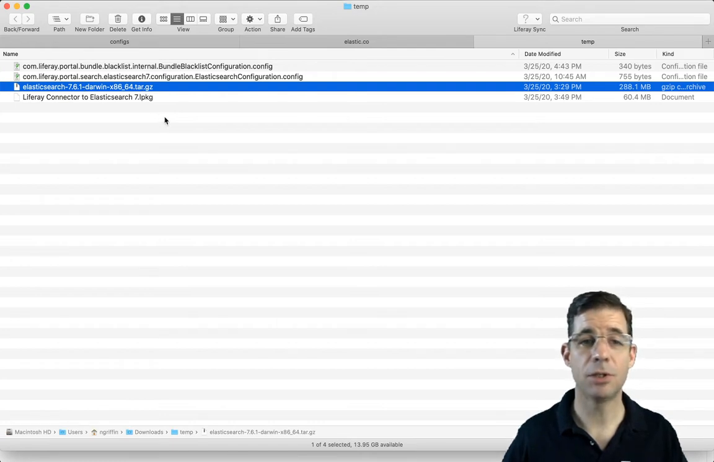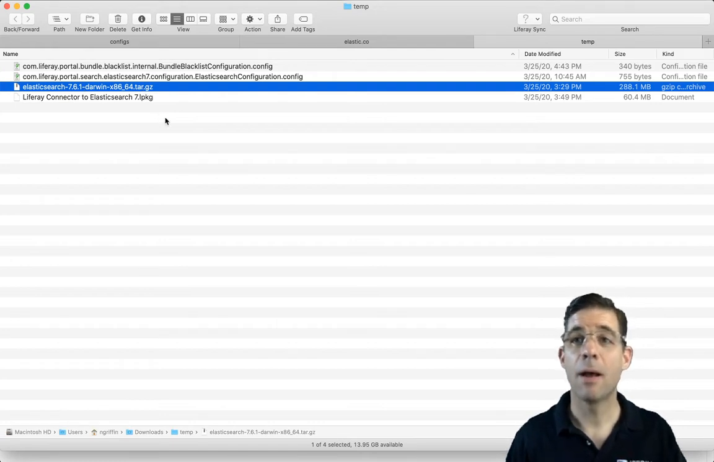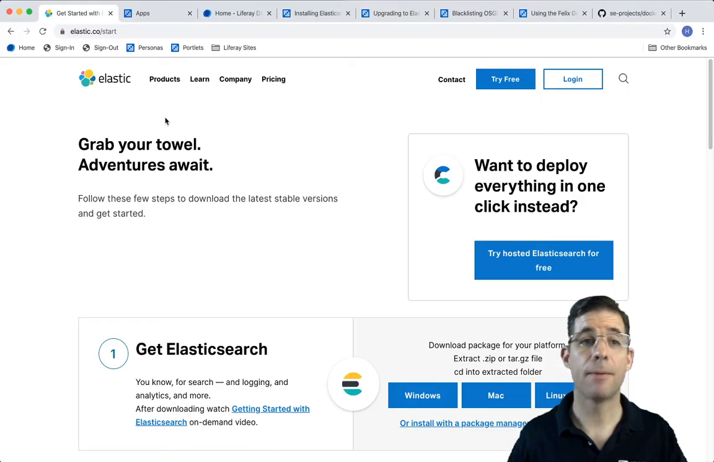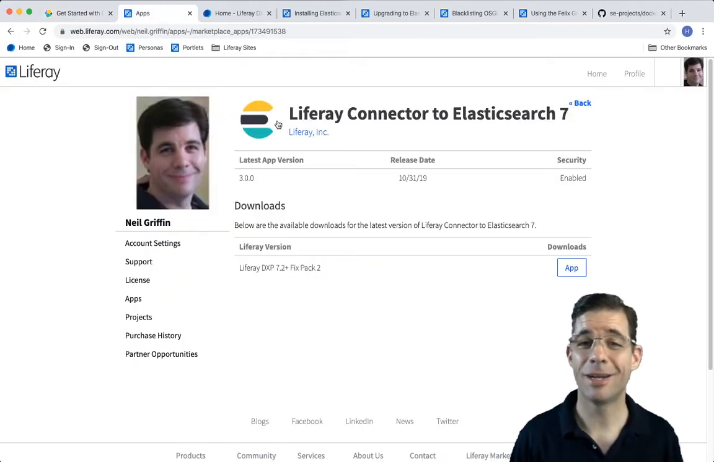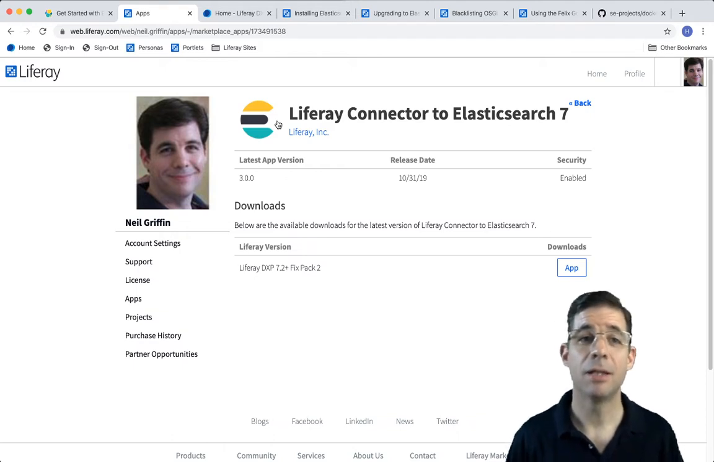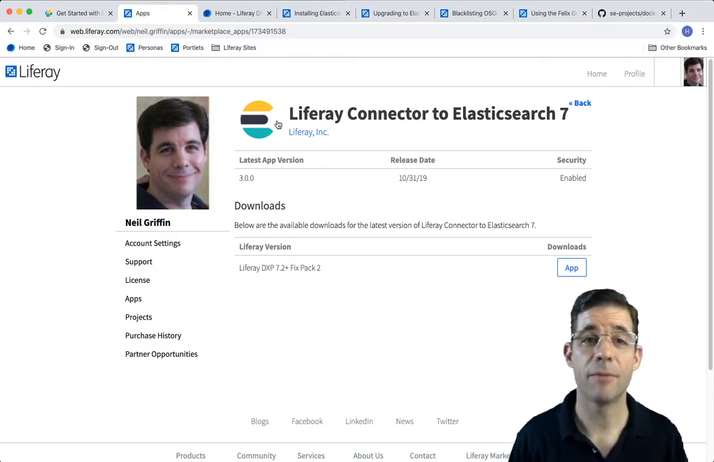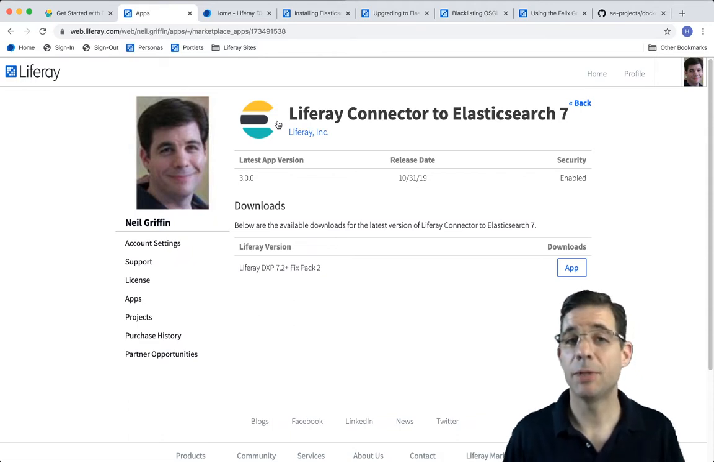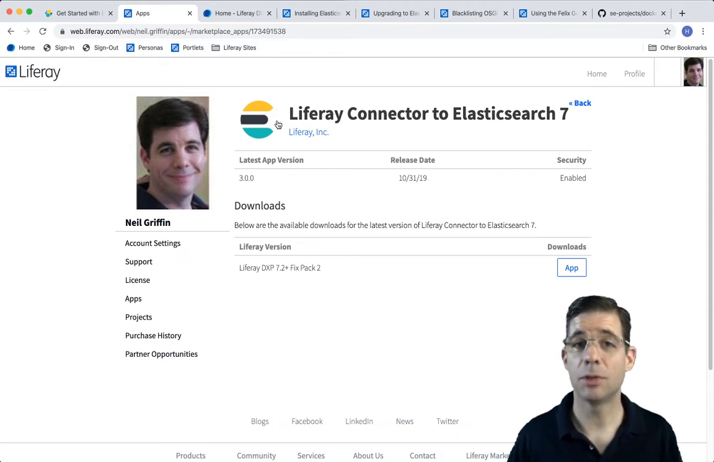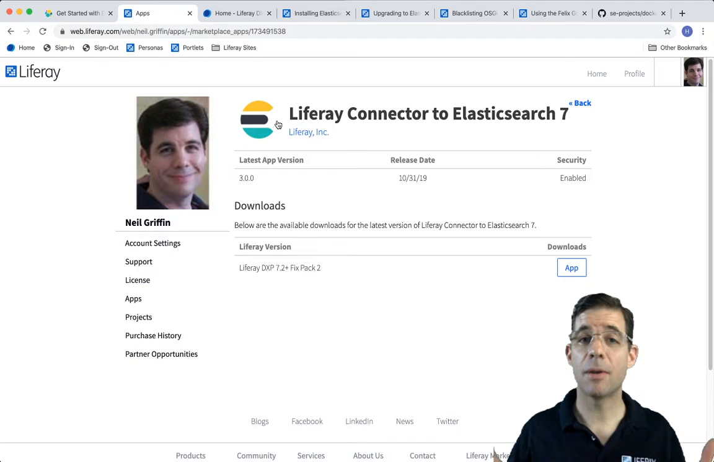It's a tar.gz file. Now, before I install that, I want to talk about this connector here, the Liferay connector to Elasticsearch 7. This is something that you get from the Liferay Marketplace website. Why is that important? Well, Liferay DXP 7.2, which is what I'm going to show you today, ships with Elasticsearch 6 as a connector. It also embeds Elasticsearch 6 within Liferay DXP